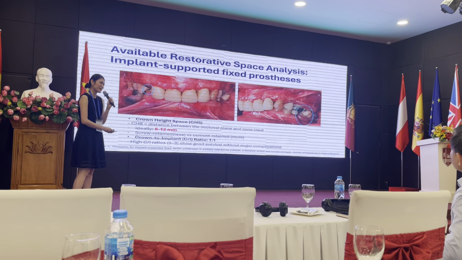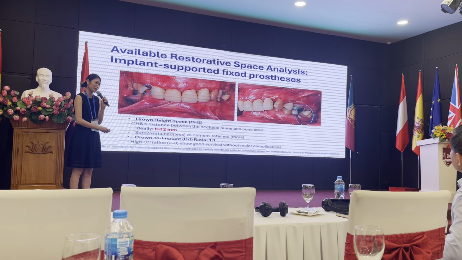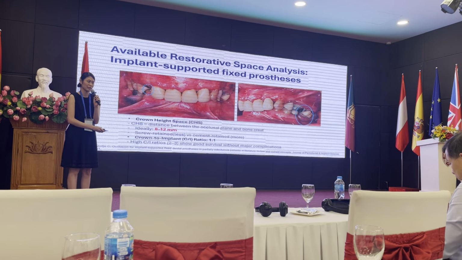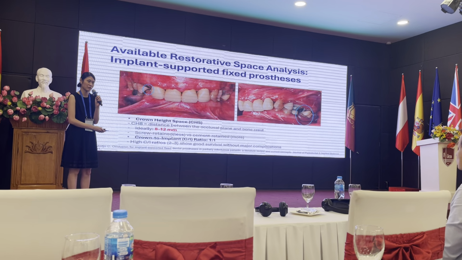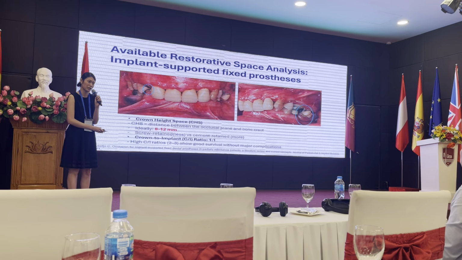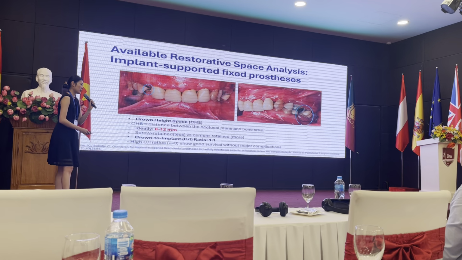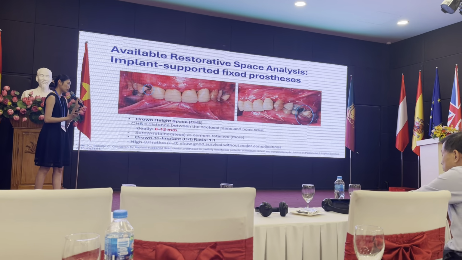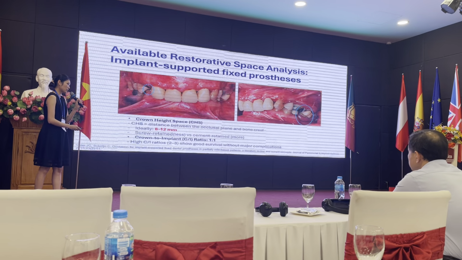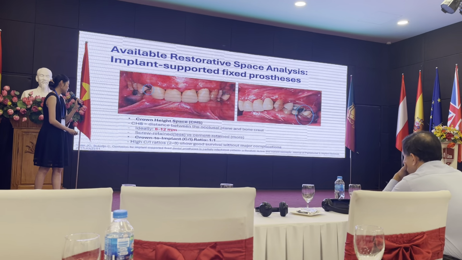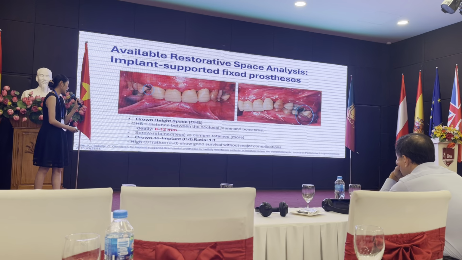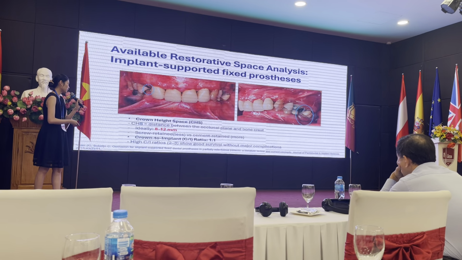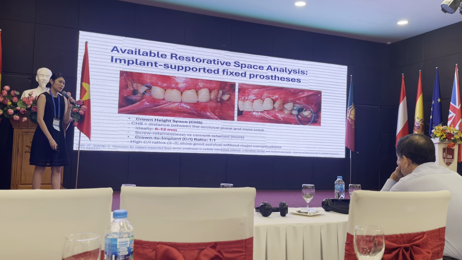And another thing to think about is the crown to root ratio. In our natural teeth, the ideal crown to root ratio is about 1 to 2, and the maximum we can accept is 1 to 1. But in implant dentistry, we have to think about it differently because in dental implants we have osseointegration. So multiple studies done with animals and also clinical studies have found that even if you have a very high crown to root ratio, you will still have good survival without any major